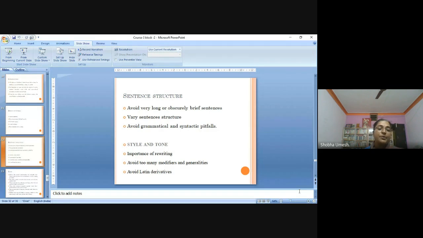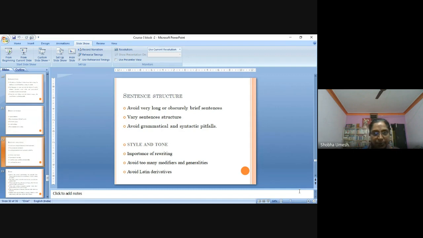Even this is very important in the writing of a story. Style and tone. See, what is style and tone? Style and tone are to be deferred till the second draft, we can say, because style and tone are delicate and complex elements and often require a great amount of rewriting. See, this is very important. The tone should never undergo change. It should go at the same pace as you have started till the end.